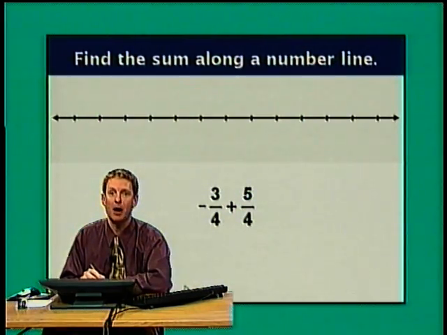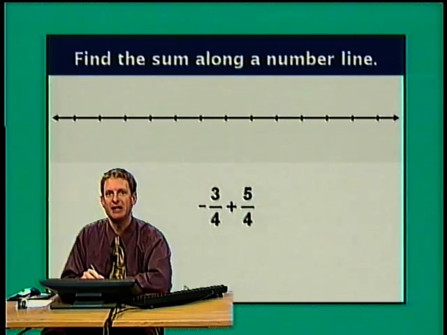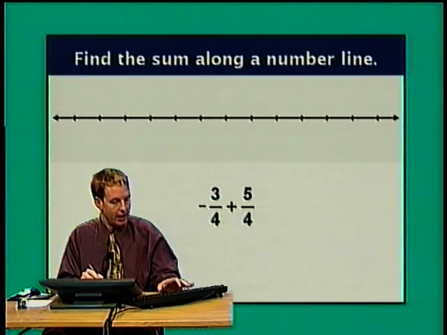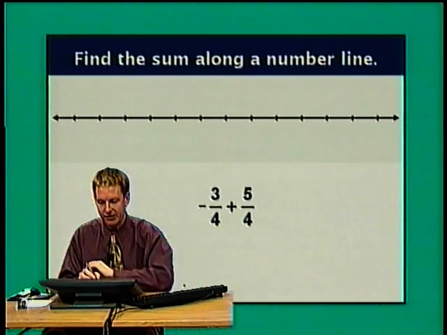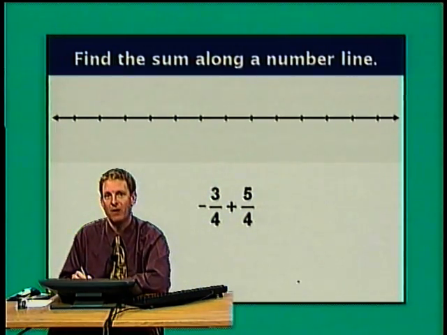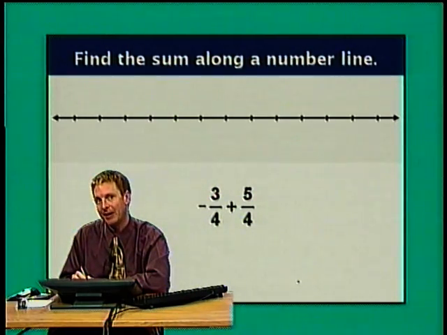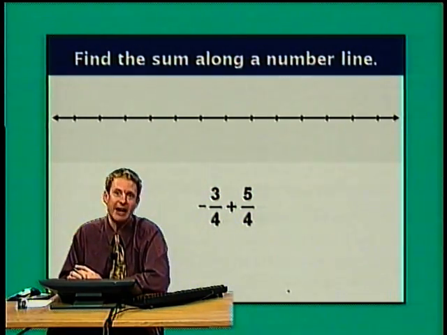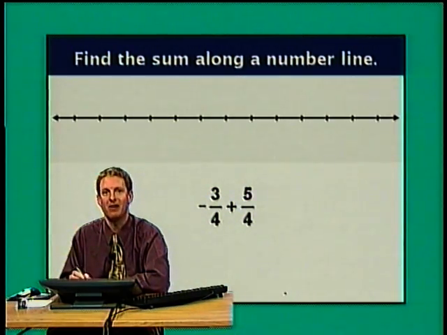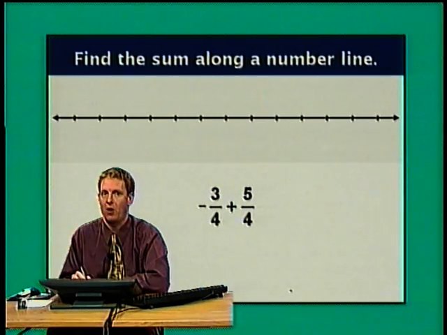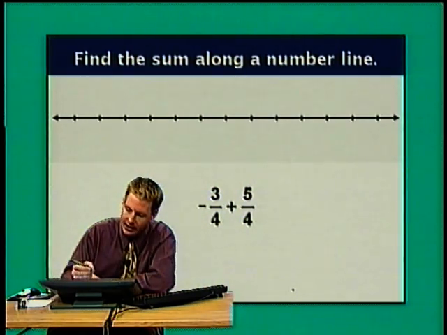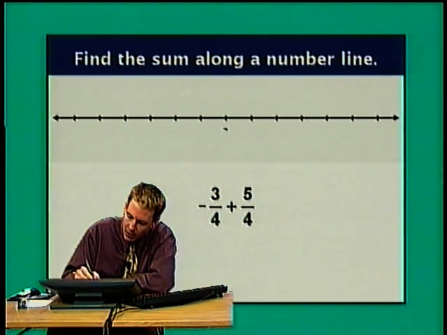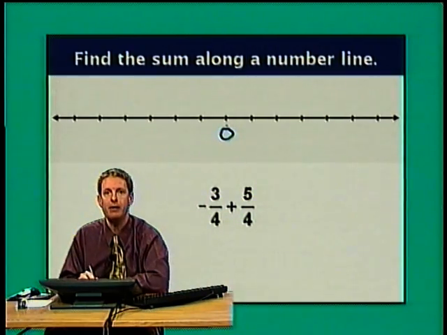Let's do a couple more examples, but let's do these by hand. In this example, I'm being asked to model the sum -3/4 plus 5/4. The first thing I'm noticing about my number line is that no points are indicated, nor is any scale indicated. So I guess that's our first order of business. Since I'm going to be going both left and right along the number line, I think I'll let 0 be a point somewhere towards the middle of the number line.